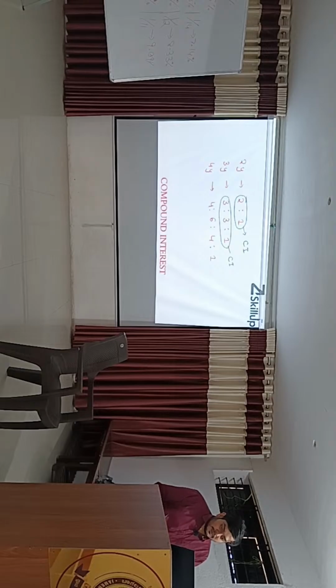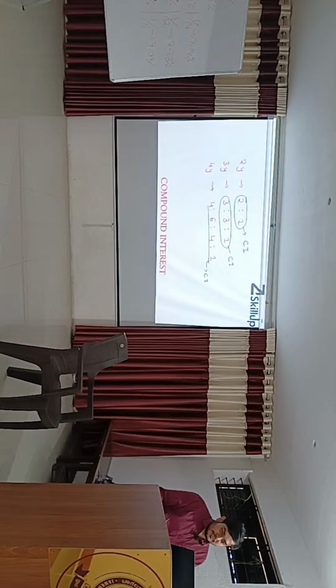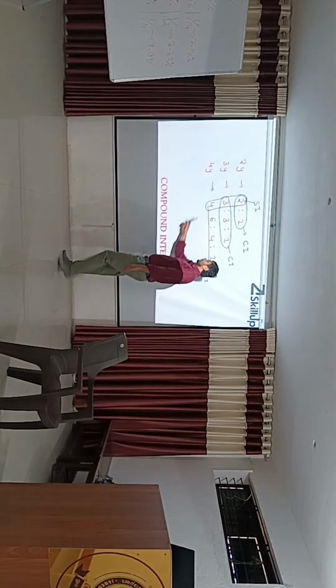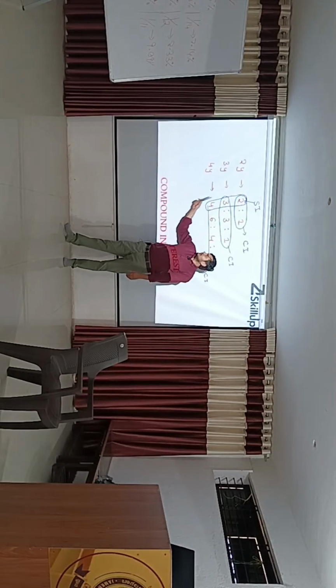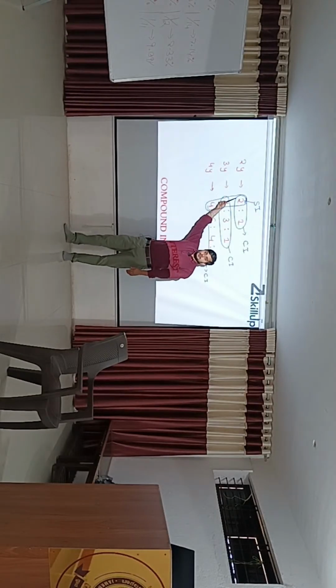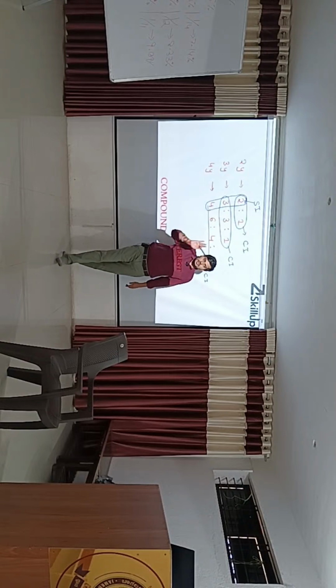Next, the last one will be what? Compound interest. A very important note over here: from this ratio, we can select the simple interest also. The first row is your simple interest. 4 years simple interest is 4. 3 years simple interest is 3. 2 years simple interest is 2. But compound interest is the total value. The question will be like,